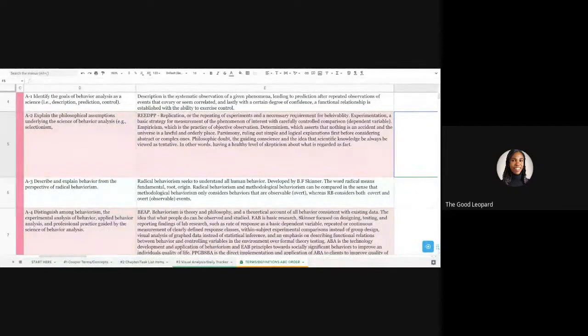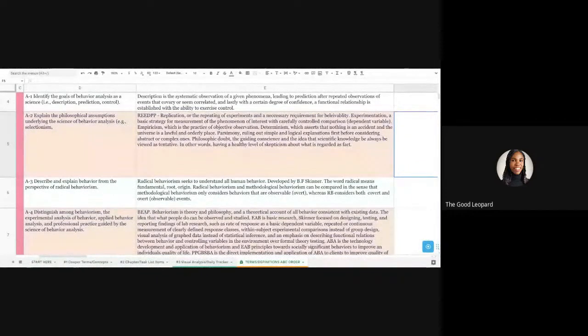All right. Parsimony. Ruling out simple and logical explanations first. So start simple. It's easy to remember this one. Start simple and then work your way to complex. You don't have to go the full nine yards when you're trying to figure out something. Just start simple, start small. And if you can't figure it out at the simple stage, then think about the other explanations that could be.